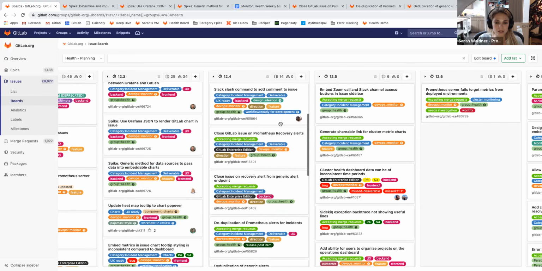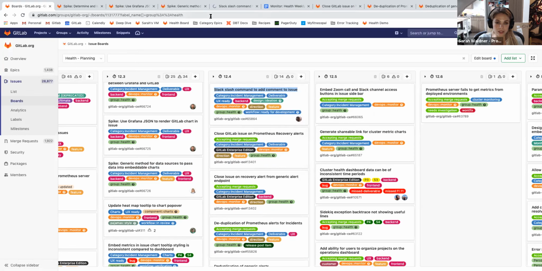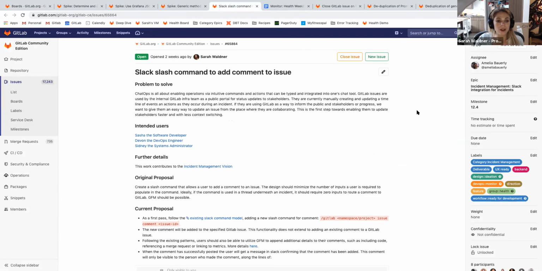Up next is part of our modifications to the existing Slack integration. We are adding additional slash commands to the suite of slash commands that we already offer to people who integrate between GitLab and Slack. This specific one will be the ability to add a comment to a specific issue within